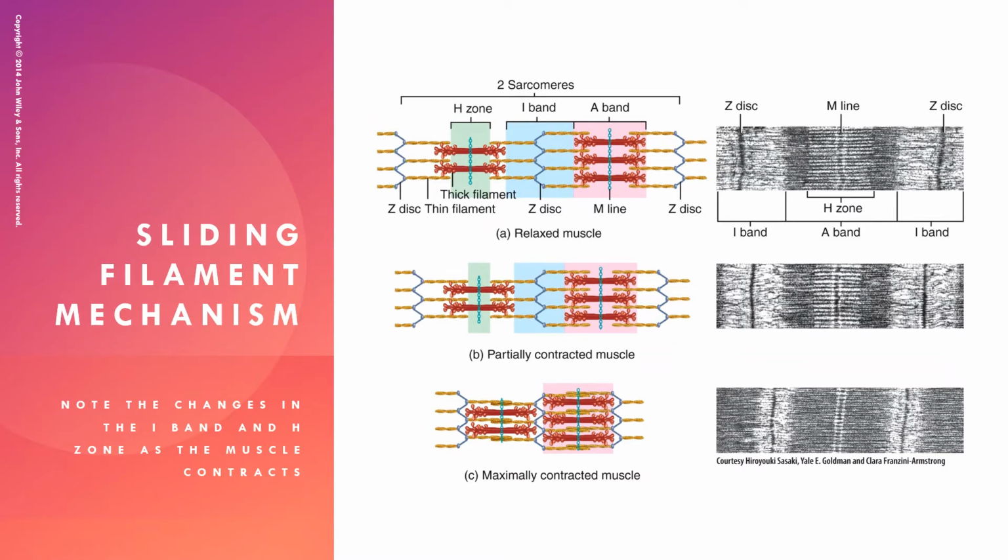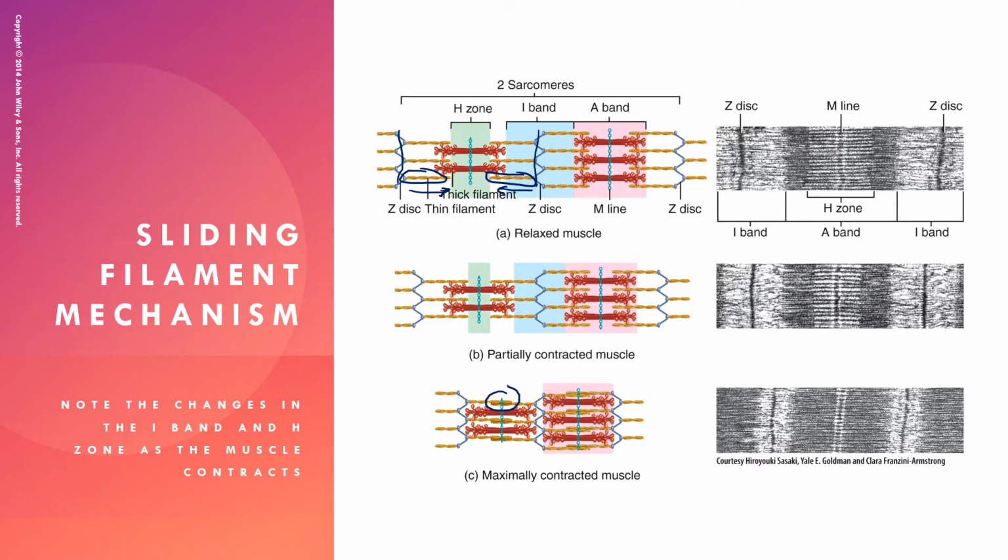So the thin filaments slide together during each contraction, and they can even move so far inward that their ends overlap. So here you have a thin filament here and one here, and they will actually move toward each other, moving these Z discs closer to one another. And actually here, you can see that they overlap in a muscle that is contracted